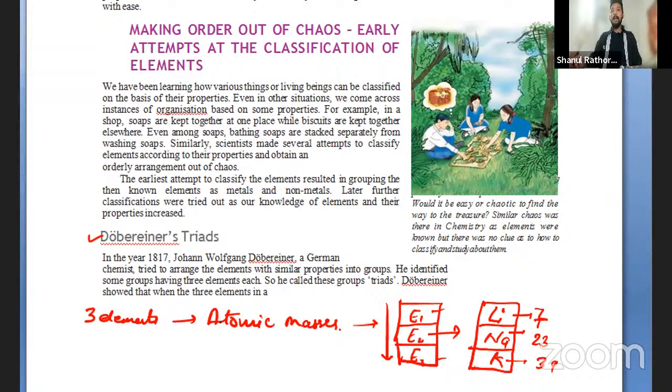Now, if we look at the mathematical relationship between the masses of these elements, we see the average of the atomic masses of lithium and potassium is approximately 23, which is the atomic mass of sodium. So if we compare the triad